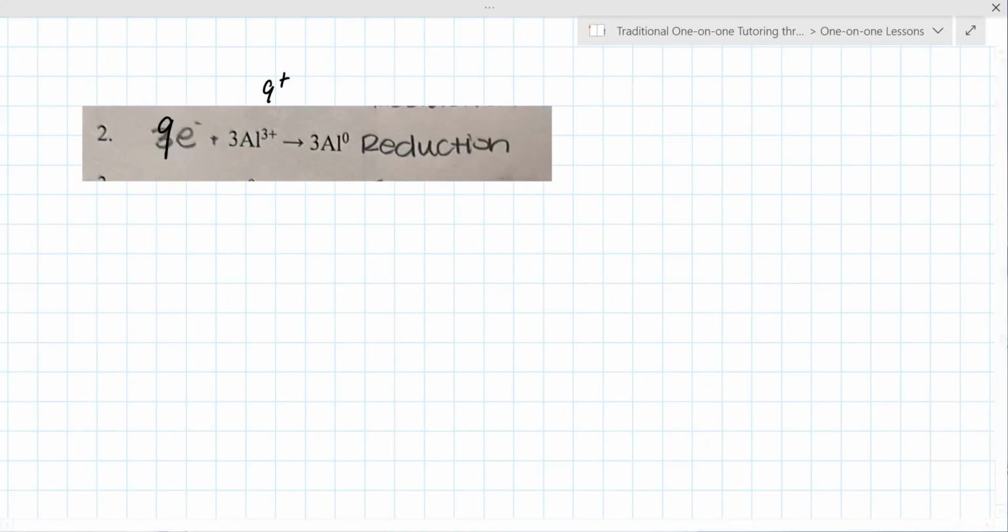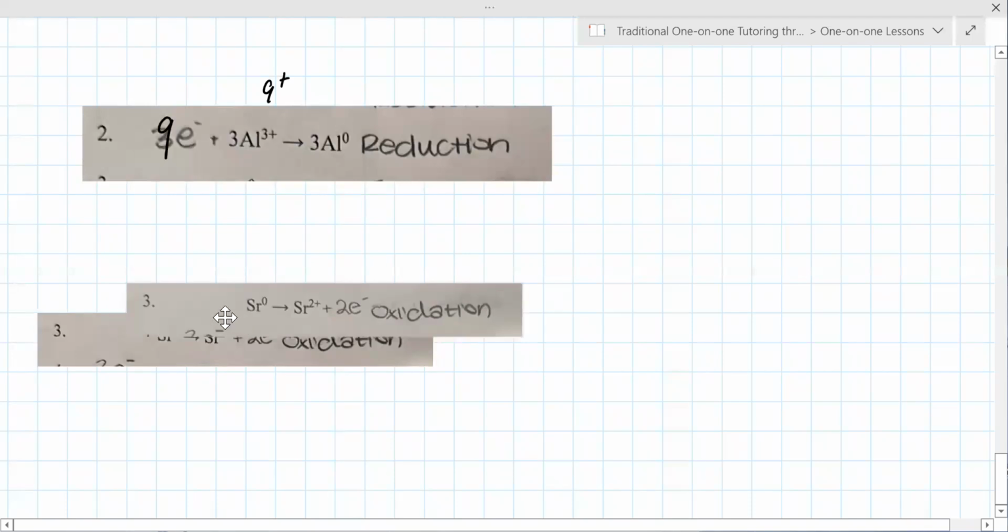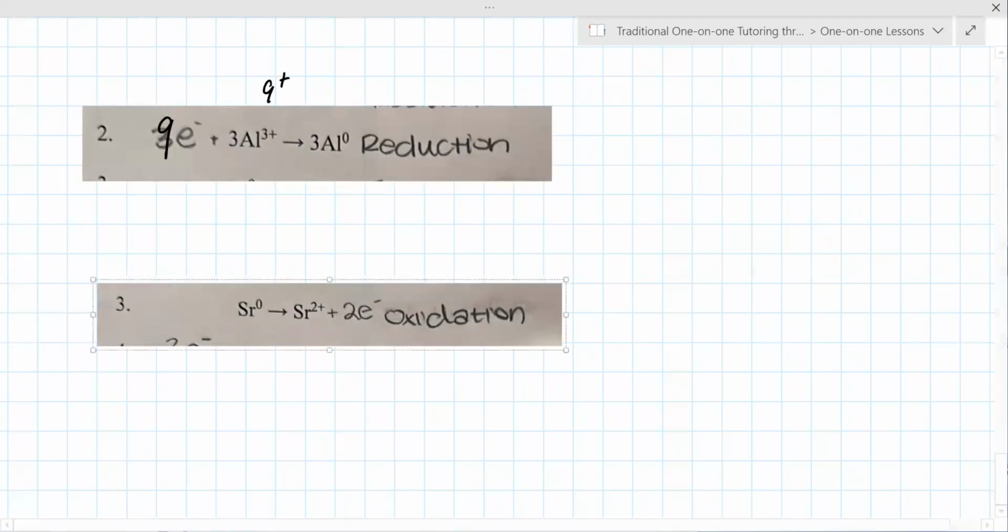I don't have the answer key for that, but an example shows 2 aluminum plus 3 is equal to 2 aluminum, and then it's adding 6E. Okay, yeah, that makes sense then. So it's the same thing on the oxidation side. So number 3 is actually correct the way you have it there. So 3 is fine. Let me see if I can quickly scan through these. 4 we need to change